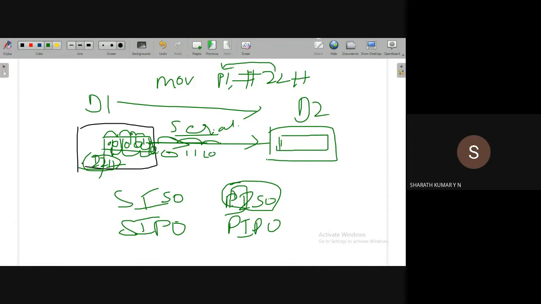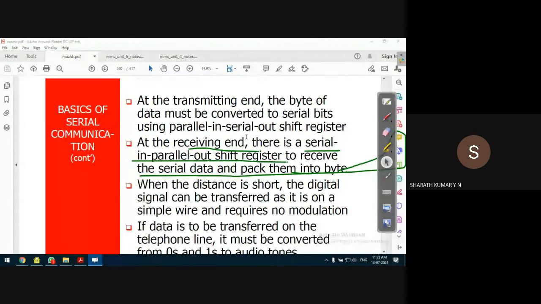At the receiving end, the operation should be serial in, parallel out. Why? Because it will receive the data serially and convert it into parallel data. Parallel data means when you read all the bits at the same time, you get the parallel output. Serial-in parallel-out shift register. Very simple. We had an experiment on this and we are very much aware of that.